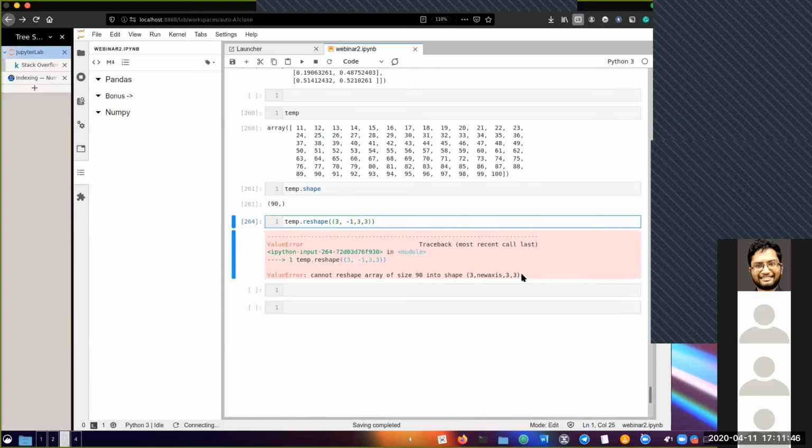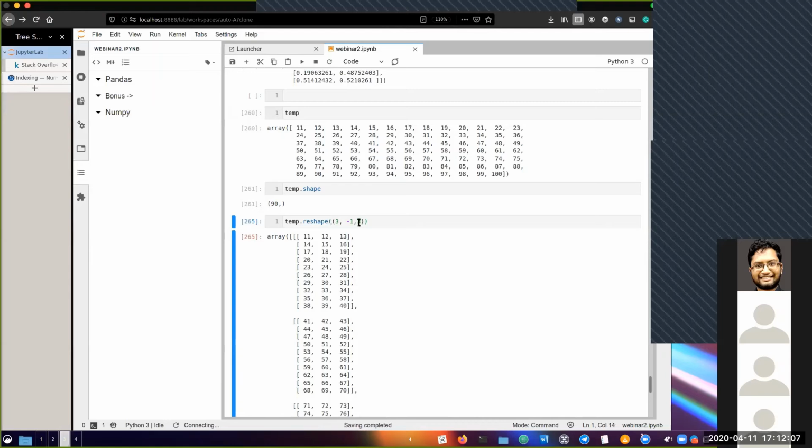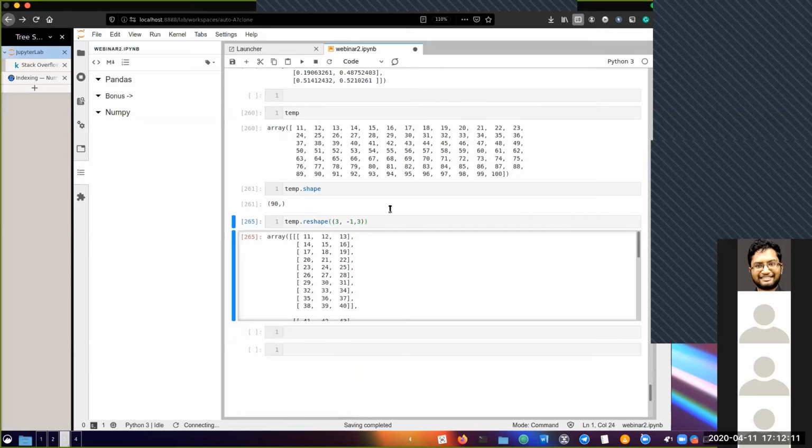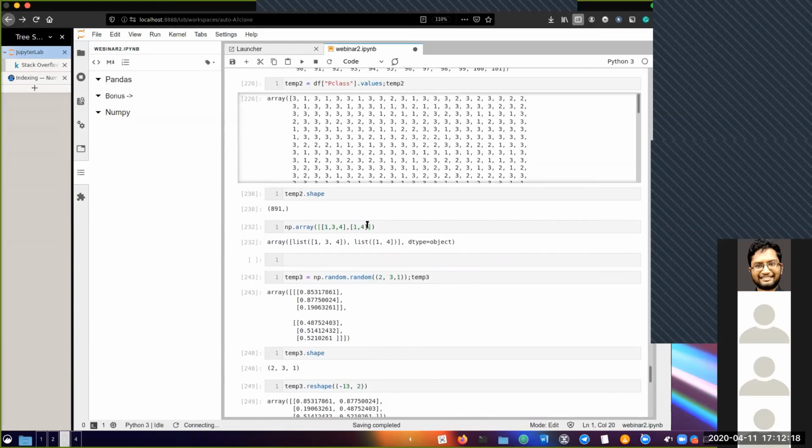And if you see, this is not going to work because this particular array cannot be reshaped into any sort of value like this. This is mostly not very required, but just so you know what reshape does. Again, if you see this, it'll work. Why it didn't work? It's because of the matrix. You have to do the calculation on your own. Again, that's why you can just use -1. It'll save time, and you don't have to do any work for it.